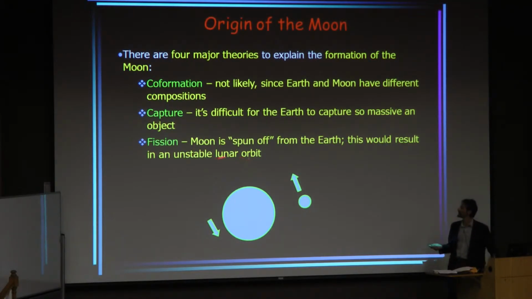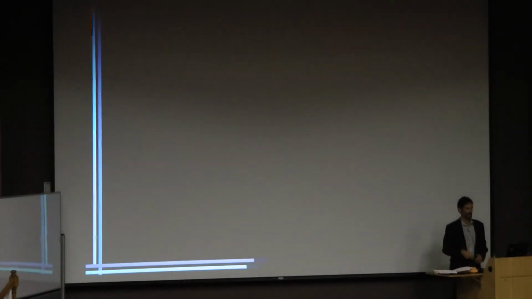Another possibility is maybe the Earth was spinning so fast that the Moon was ripped apart and spun off from the spinning Earth. That's kind of picturesque, and it could work. In other words, you could certainly fling off a big blob of matter from the spinning Earth. The problem is, it would just keep going most likely. It probably wouldn't then settle into an orbit. Because if the Earth is spinning fast enough to rip itself in half and have a moon-shaped blob come off, that blob is going to have very high velocity, and it's difficult to have it maintain an orbit. So we don't think any of these three major theories can explain it, but there is a fourth one,